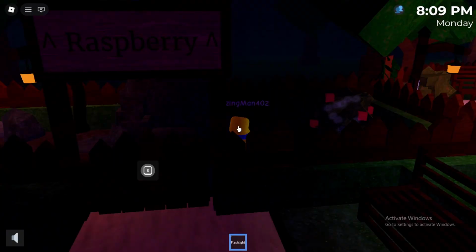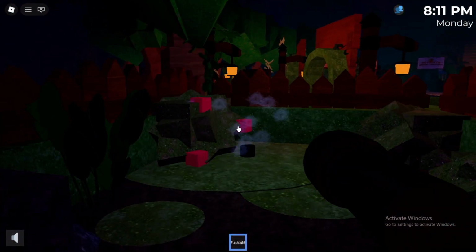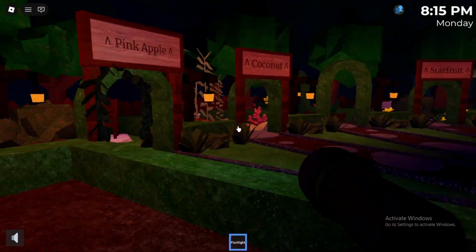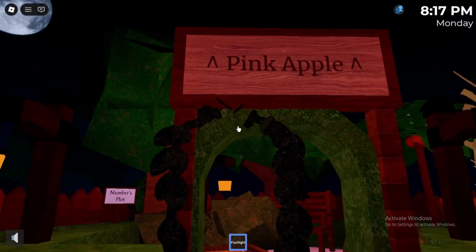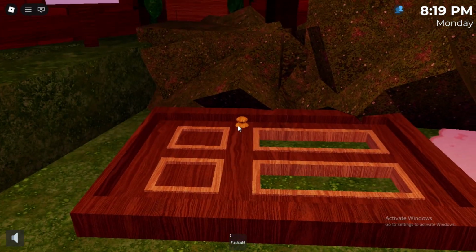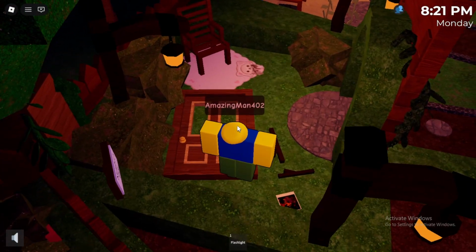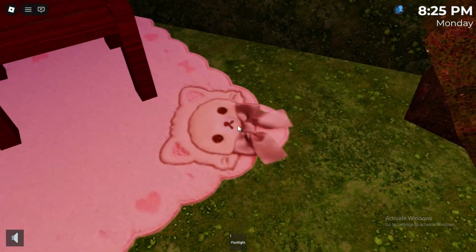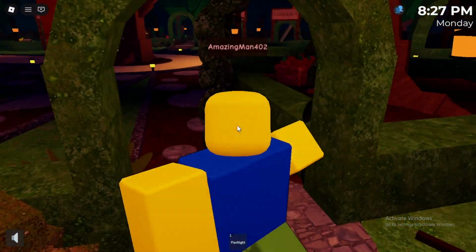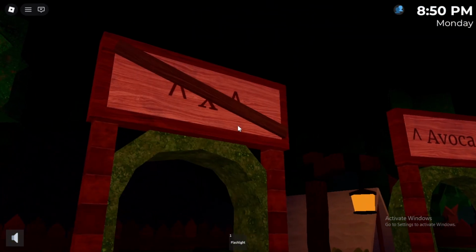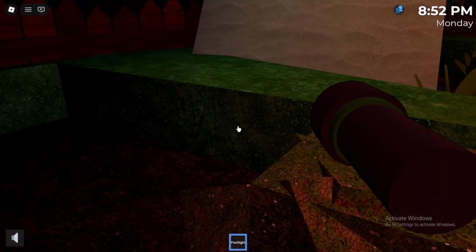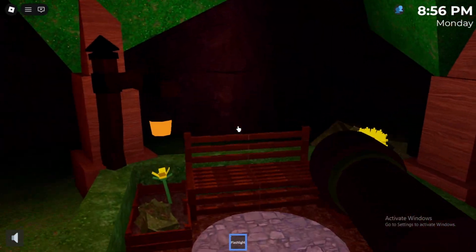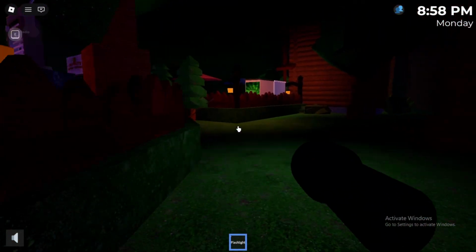This is raspberry, okay. Clean little place, huh? But everybody's dead? I don't know what you mean by that, huh? Wait, this wasn't here before? Am I dumb? Was I not paying attention? Why is there a door here? Which I guess is... There isn't really anything here, so I guess that's just extra space or something? I don't know.